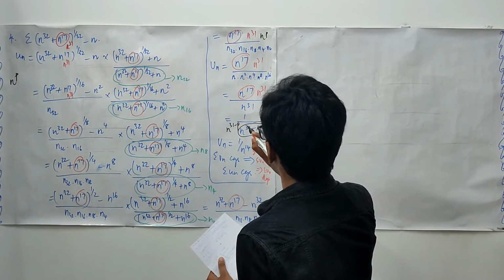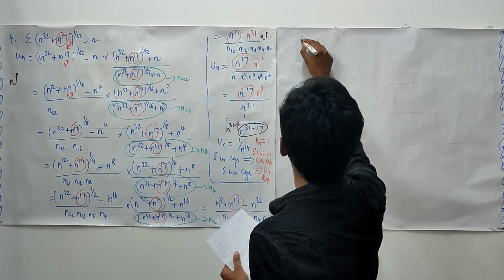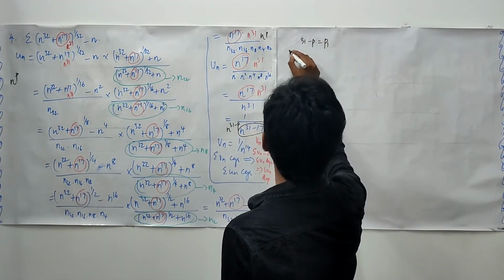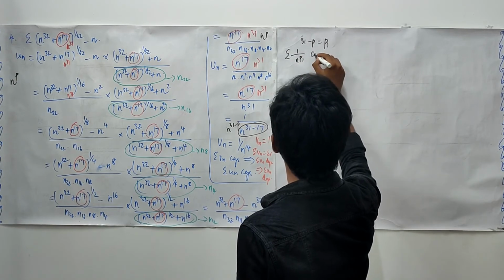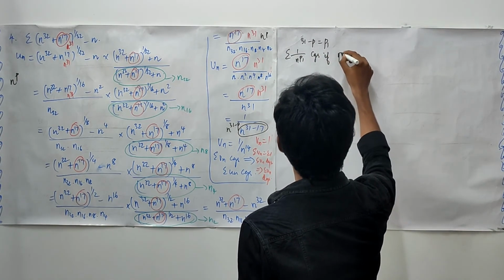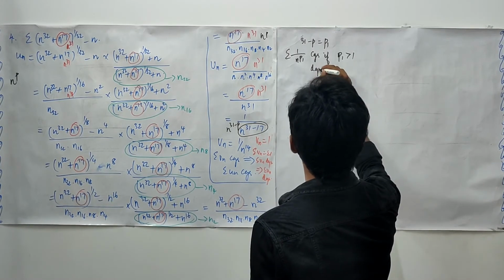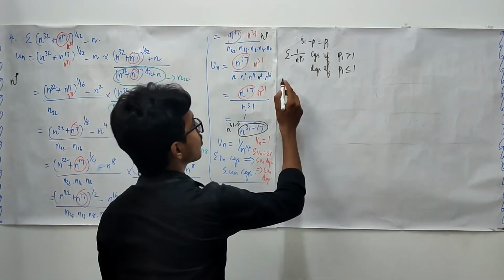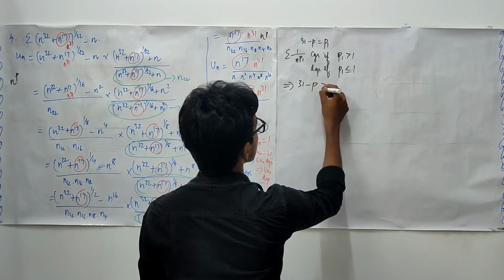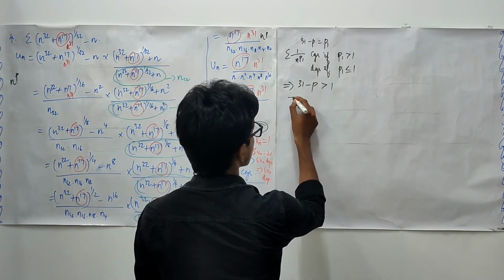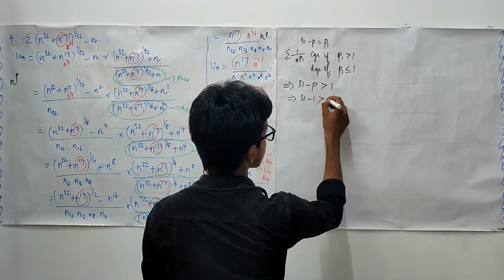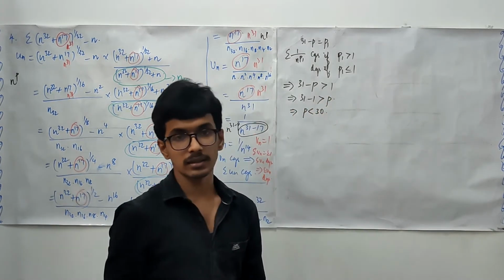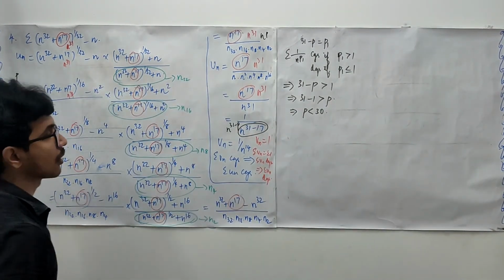Right? As of now, take this 31 minus p as some p1. And we know that summation 1 upon n power p1 converges if p1 is bigger than 1, and diverges if p1 is smaller than or equal to 1. So what is p1? It is 31 minus p. It has to be bigger than 1. Right? This tells you what? 31 minus 1 is bigger than p. So which means p has to be less than 30. When your p is smaller than 30, your series is going to be a convergent one.